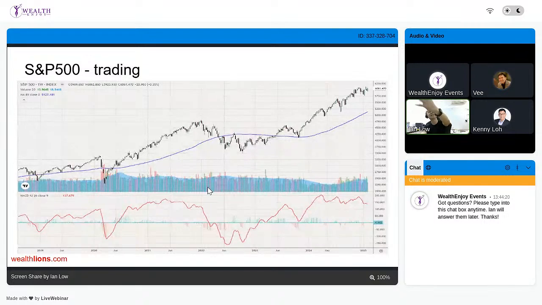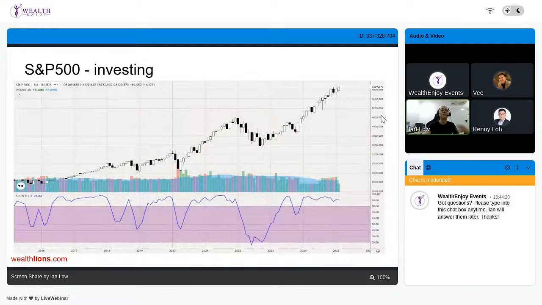And by the way, I still think S&P 500 will go up. All right, but I think it's a matter of time. The S&P 500 will come down again, and for myself this time round,